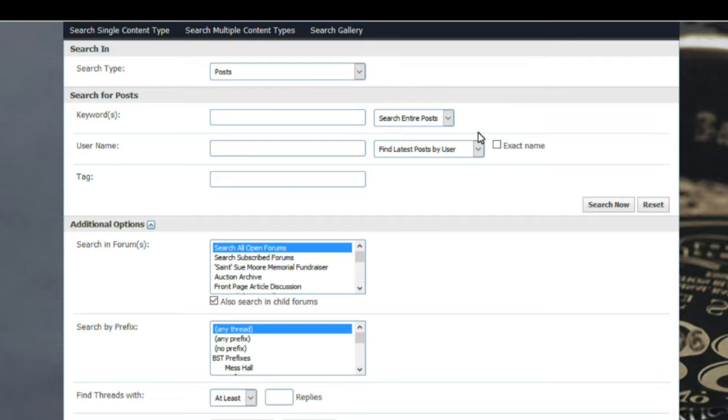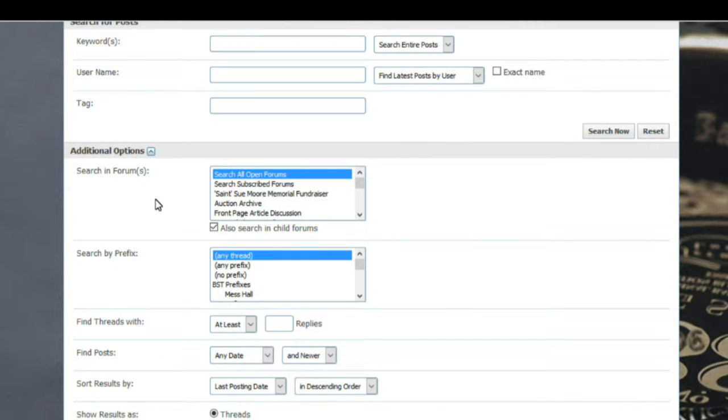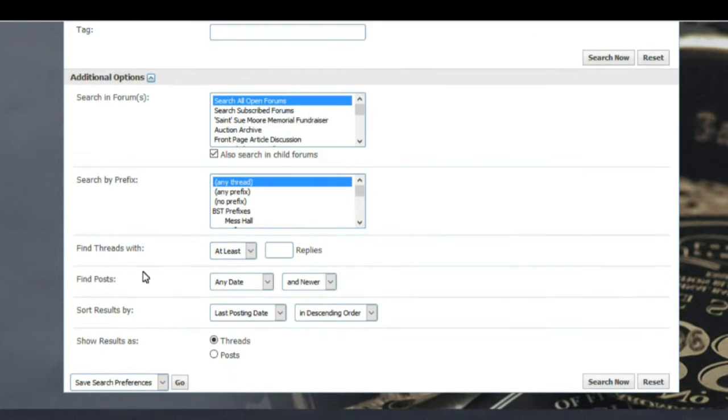Hit search now, and it will search the forums. Now, you want to be fairly specific on your searches because the search algorithm will bring up a multitude of different things. And once again, there are additional options here as far as searching in the forums, search by a prefix, find threads with at least a certain number of